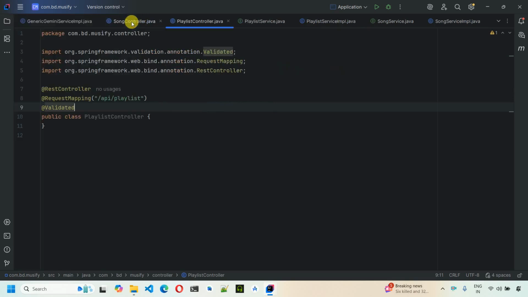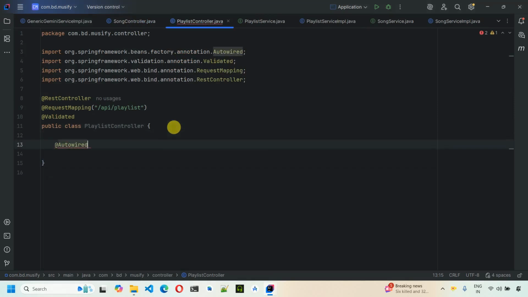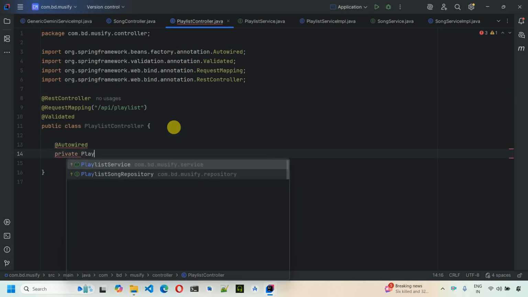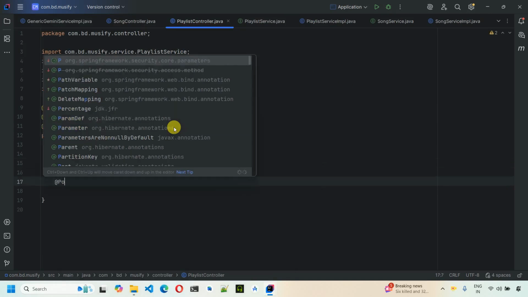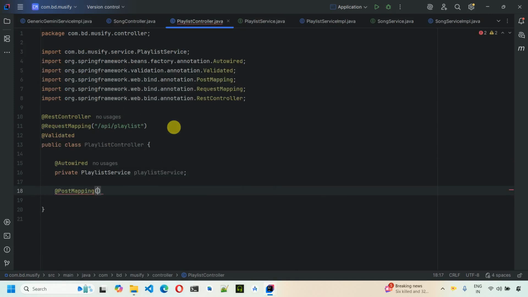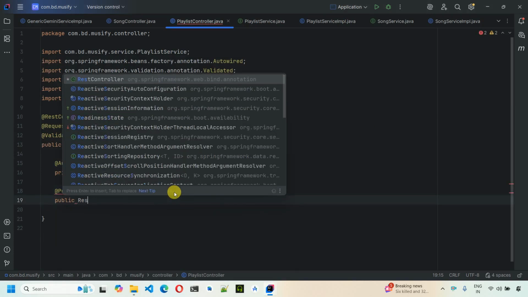So let me quickly minimize this and make some space over here, and we will start the development with this one. So first thing, into this one what we will do is we will autowire the service which we have created, private PlaylistService over here. And now we will start with the first endpoint that is of POST type, that is @PostMapping, and with this one we will pass the path that is /createPlaylist. So move back over here, createPlaylist, public ResponseEntity,